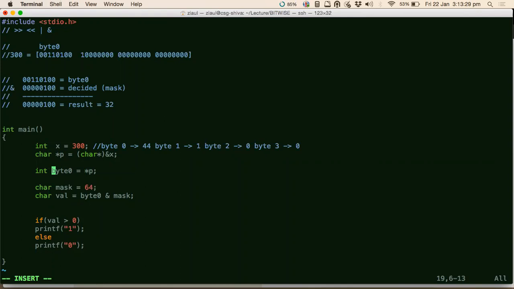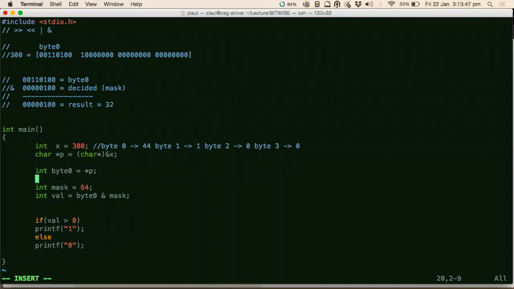I think you guys are confused here, so let me just put it as integers, if that's what suits you. This will also work. But I wanted to use character because I want to limit the discussion to a byte only, since we have been talking about bytes. That's why I have put a character intentionally here. But these things will also work.